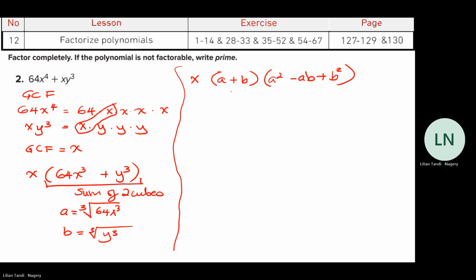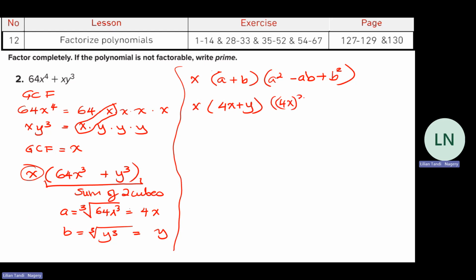So then x, because that's the GCF part, then a becomes 4x, and b becomes y. Okay. So 4x plus y,